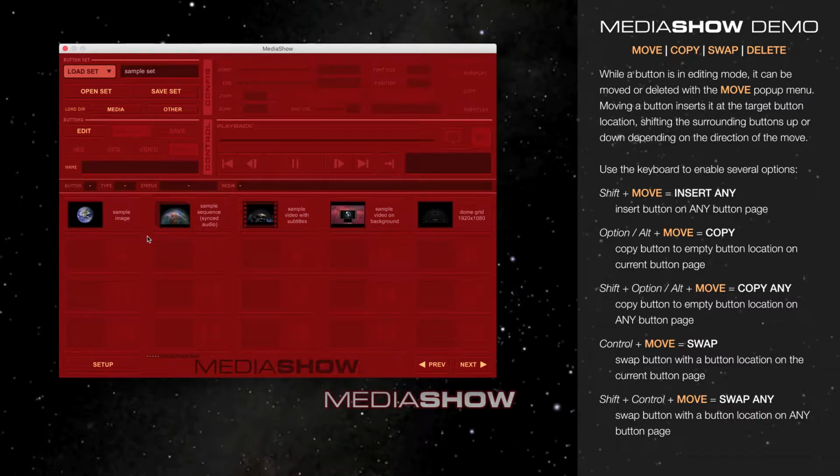This video demonstrates the move, copy, swap, and delete features of buttons in button sets in MediaShow. The first thing to note is that MediaShow organizes buttons in pages of 20 up to 100 total buttons, and you can scroll through them using the next and previous button page options in the lower right of the interface. There's also a small graphical line that's clickable, and you may jump to any group of 20 on a page